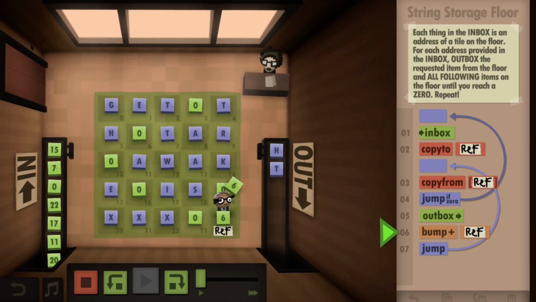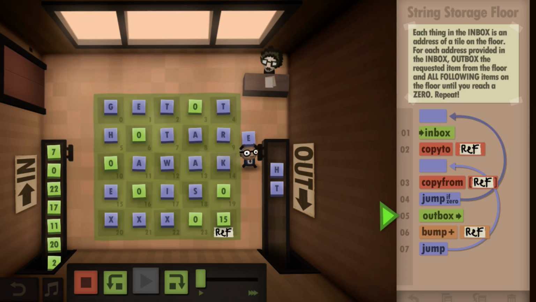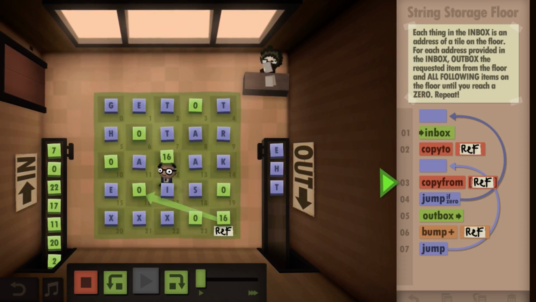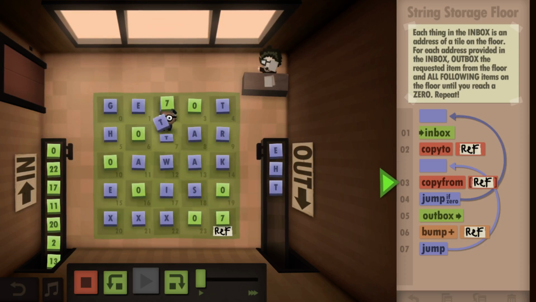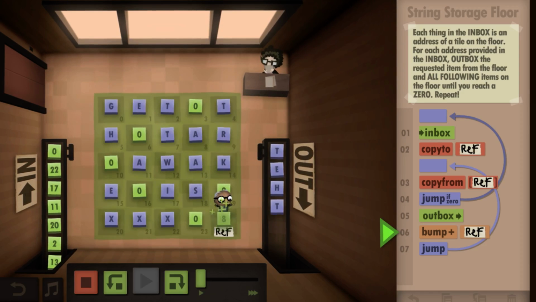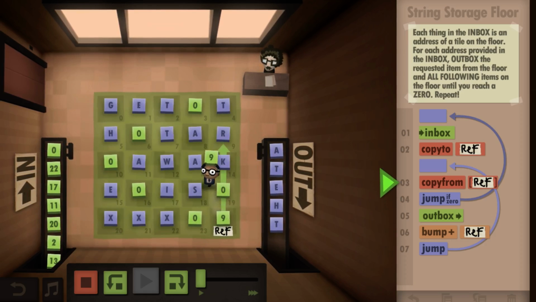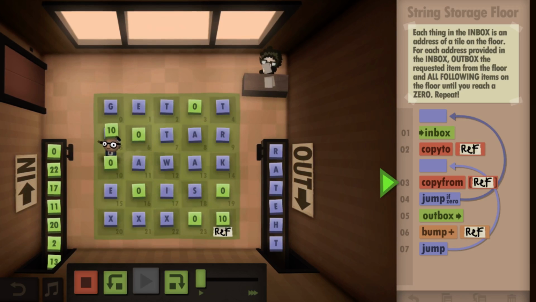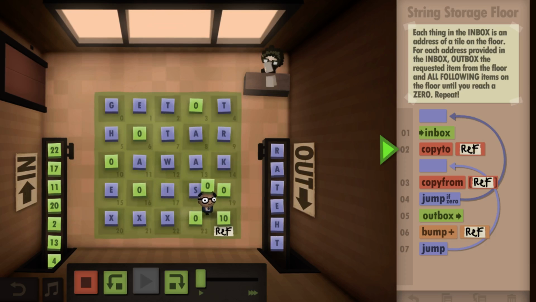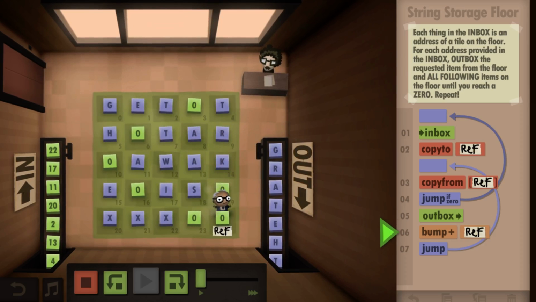So we have TH, and then the next thing is 15, which gives us the letter E. So V, and then 0, and then 7 here, T, A, R, then another 0, and then this one refers to 0, so G-E-T, the target,